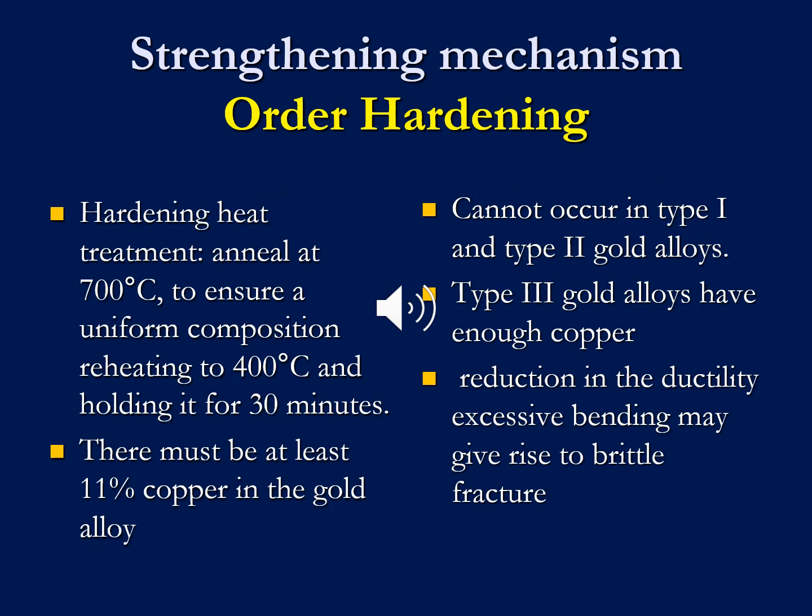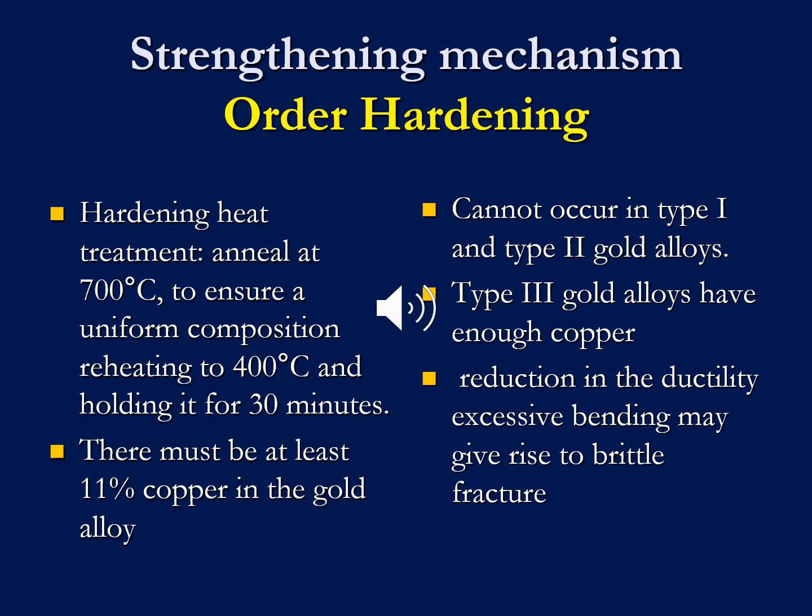This heat treatment is carried out after the homogenizing anneal at approximately 700 Celsius, which is performed to ensure a uniform composition throughout the casting. It involves reheating the alloy to 400 Celsius and holding it at that temperature for approximately 30 minutes. Rather than being randomly distributed, the copper atoms arrange themselves in little ordered clusters. This ordered structure prevents slippage of the atomic layer, which has the effect of raising the yield stress and the